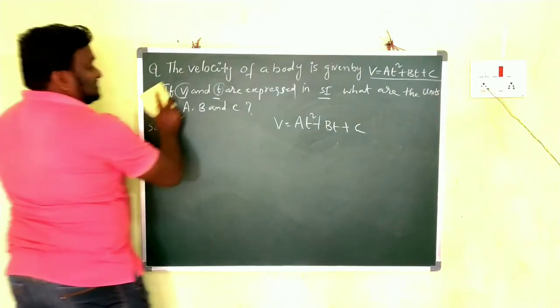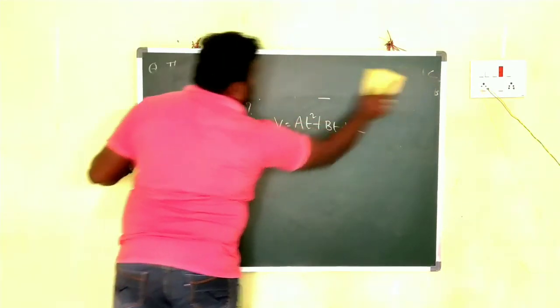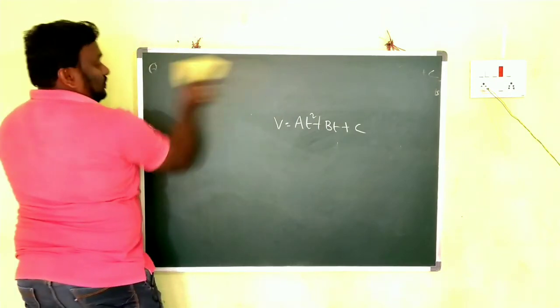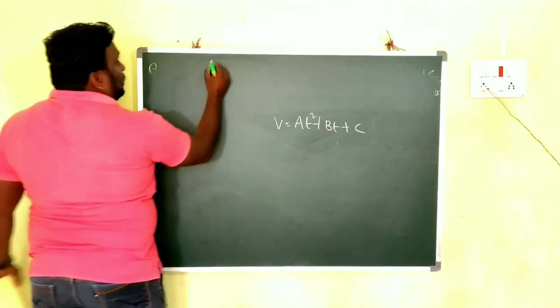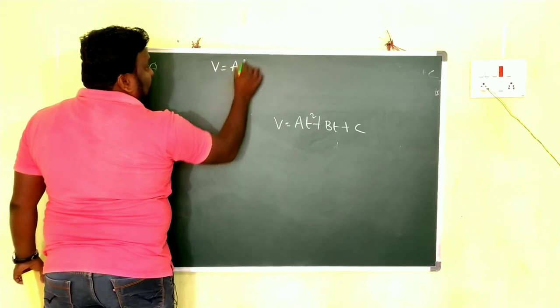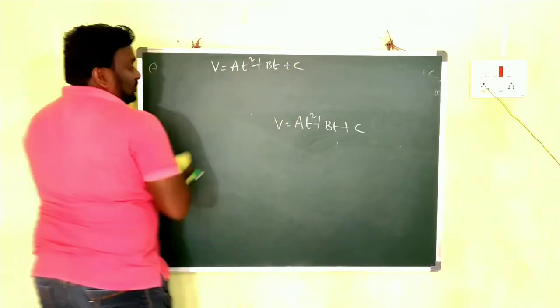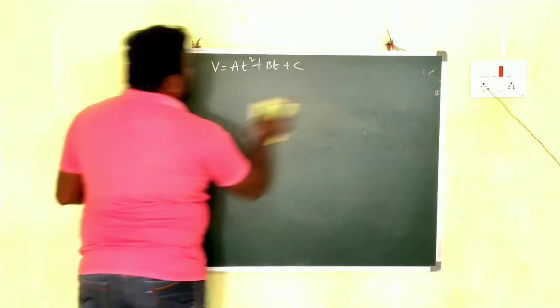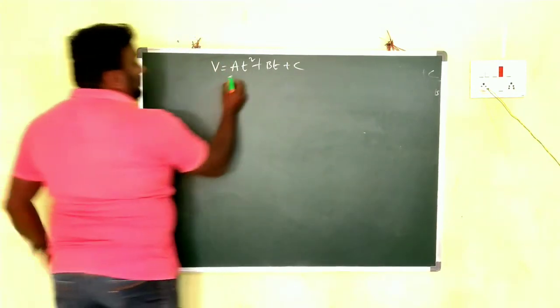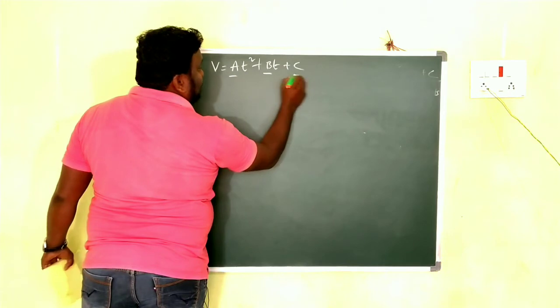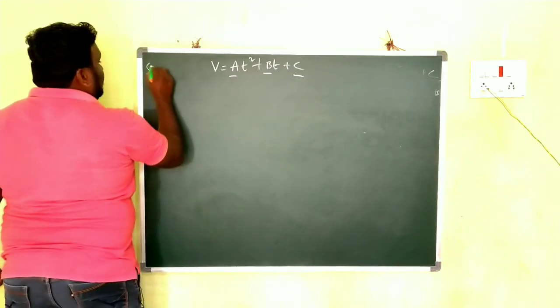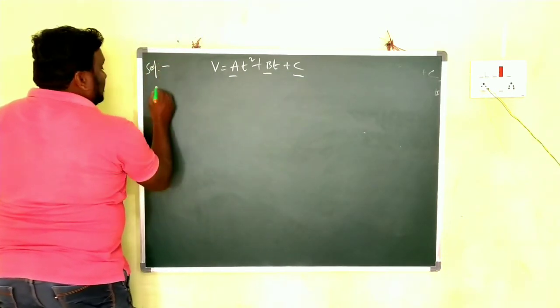Here I am erasing this problem because we need some space. Here the given equation is v = at² + bt + c. Okay children, now what do we have to find? We have to find the units of a, the units of b and the units of c. So children, we know that according to